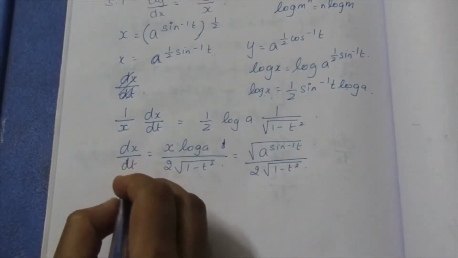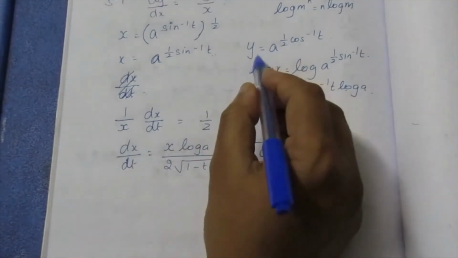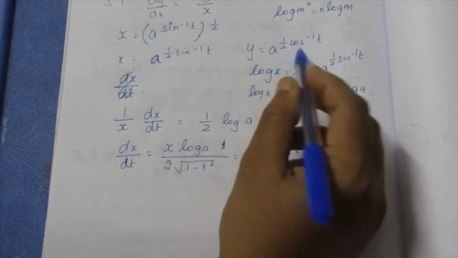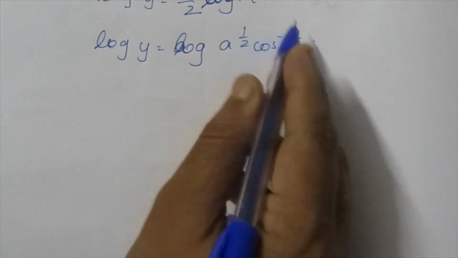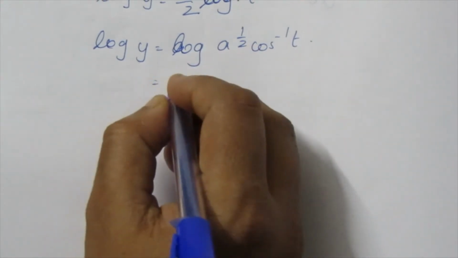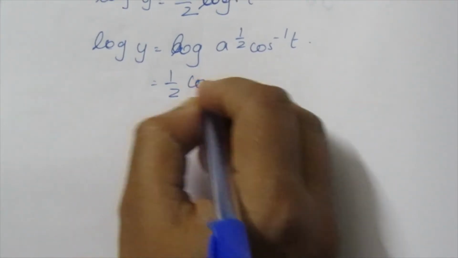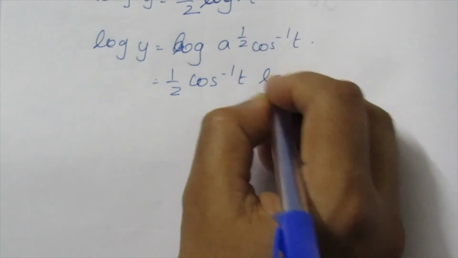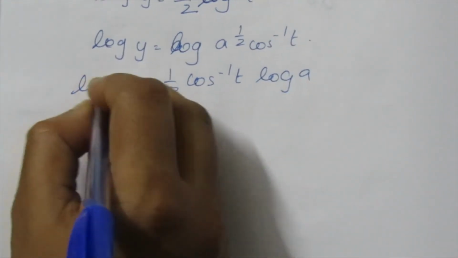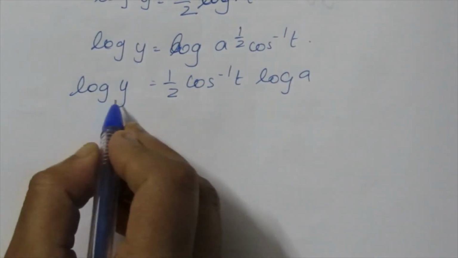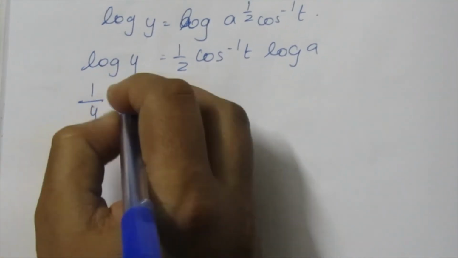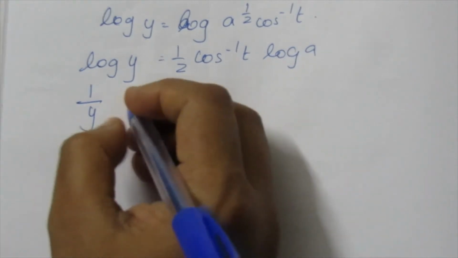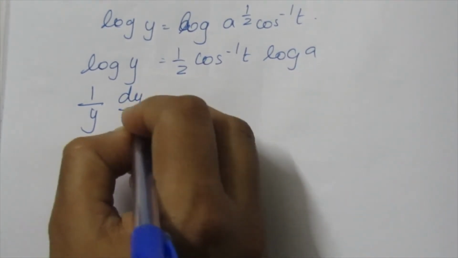Now let us find dy by dx. As I told before, we have taken this. We know that taking log, this can be written as log y is equal to log a power half cos inverse t. This will come to the front. So here it becomes half cos inverse t log a. The same formula I am using here. Now let us start the differentiation. Here with respect to t we are going to differentiate. So this becomes log y, 1 by y dy by dt equal to,